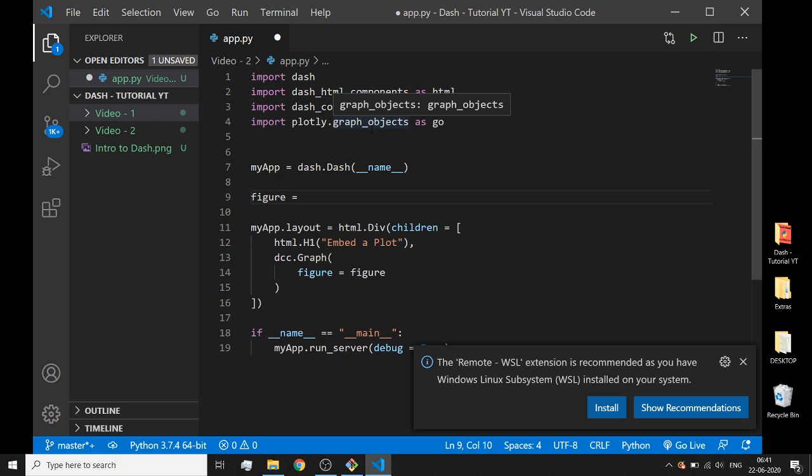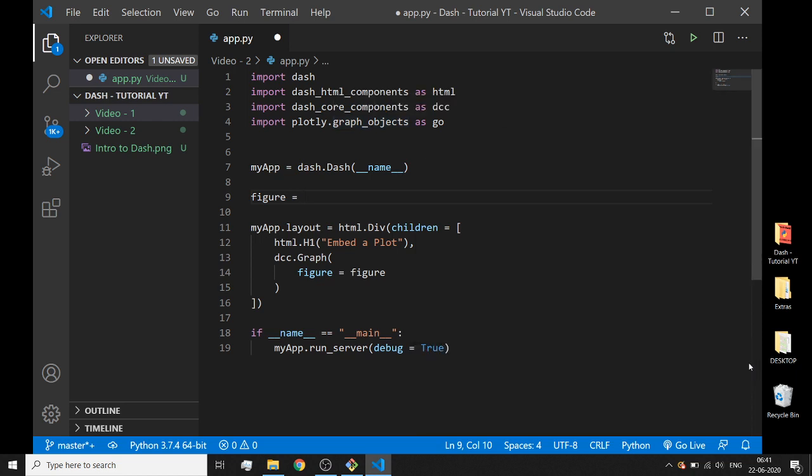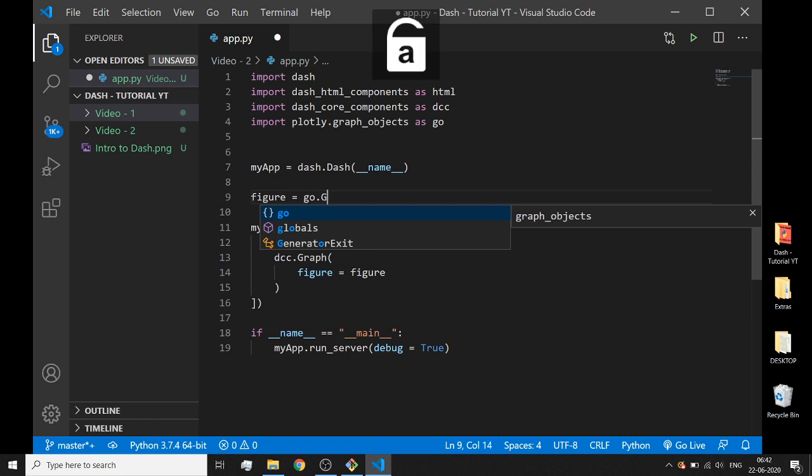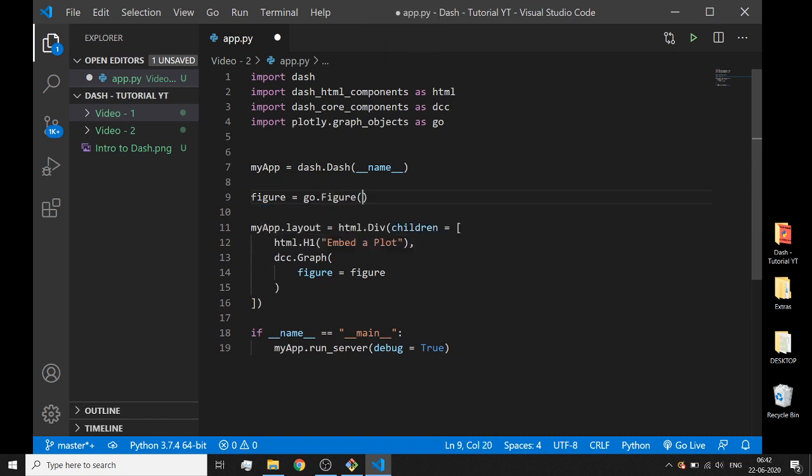Plotly is quite handy, and it gives us many different ways of doing the same thing. If I have to create a plot by calling go.Figure, graph object dot figure, in this particular class they also specify that you can create your figures in various ways.